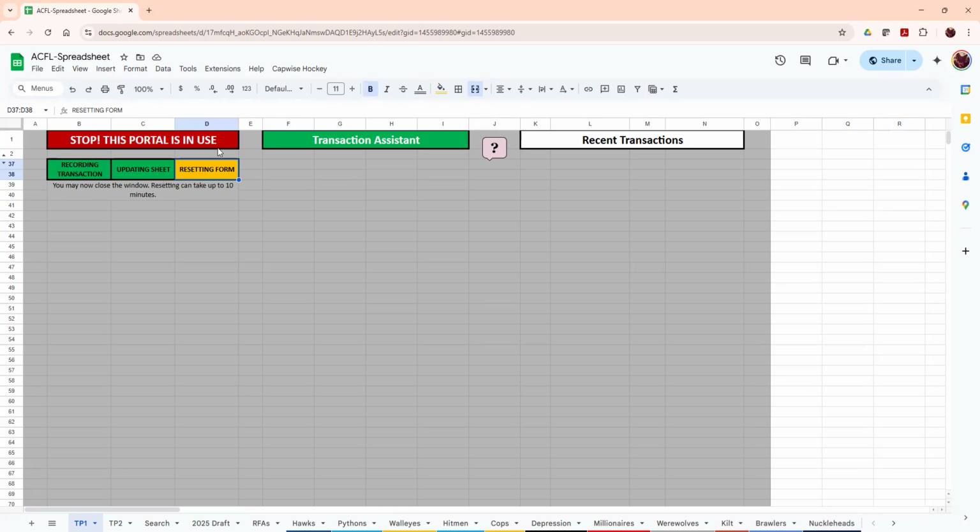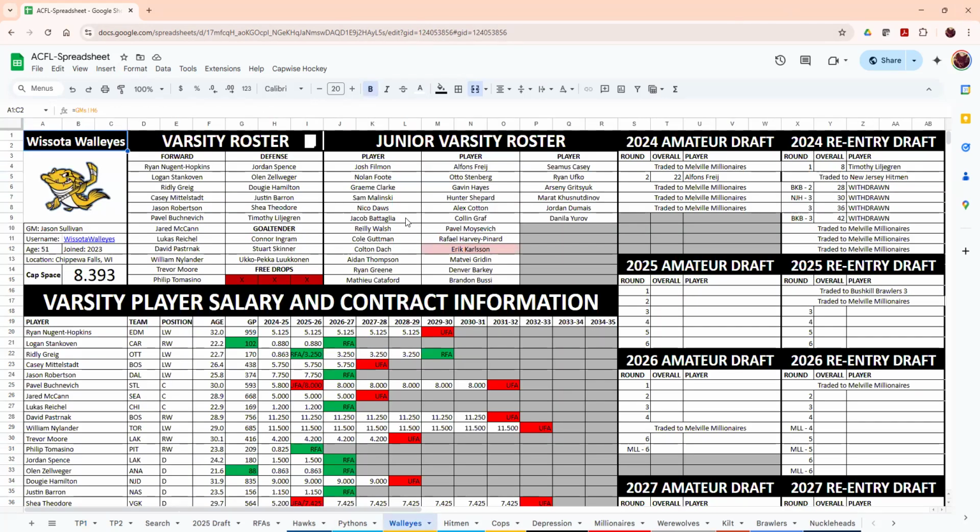The last step here is resetting the form. Here it says you can now close the window, but it can take up to 10 minutes for this form. So I can actually literally close this browser altogether. You're going to see the colors are changing. All kinds of stuff is happening that you can't see in these hidden things. When it's done resetting itself, it's going to unhide these hidden cells, these hidden rows, and it's going to be back to normal. But if I go to the Walleyes, I'm going to see, just at a glance,